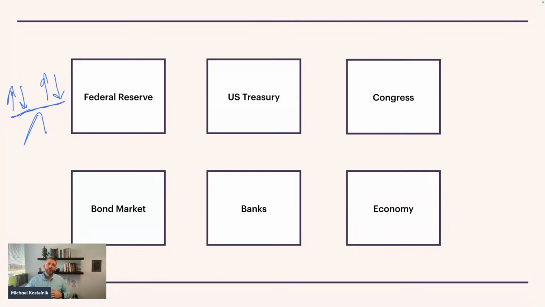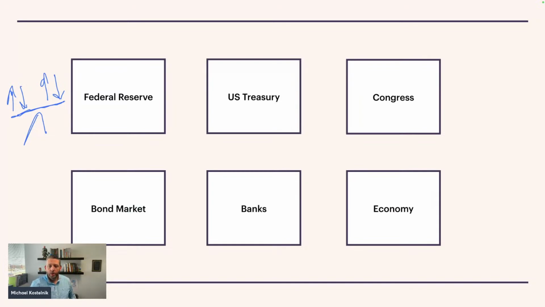Likewise, if the economy is doing really well and I have $1,000, I can put my $1,000 in the stock market instead of getting 3% or 2% in a bond. I'm going to do that. Well, then bond prices will come down because people don't want them as much because they're going to the stock market instead. And that's going to drive interest rates up. And the interest rates are going to go up to try and encourage people to come buy bonds. It all deals with this idea of supply and demand. What do people want? So they're manipulating interest rates to get people to buy bonds.